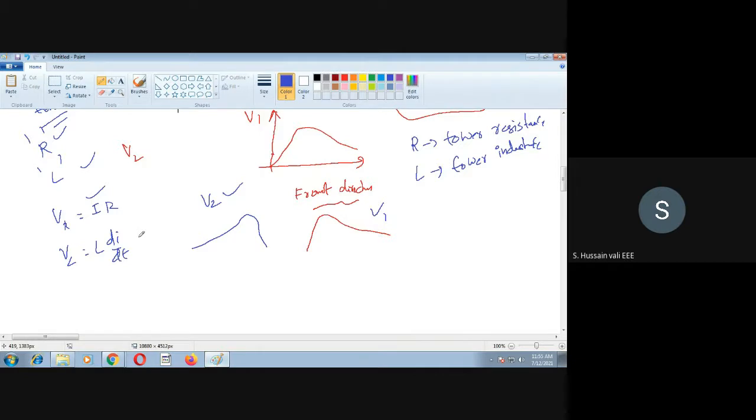Now we need to think of the insulation of the system. Why we need to think of the insulation of the system is that this may damage the tower. So definitely, when you design the towers, you must keep these points in your mind: whenever lightning occurs, what is the amount of voltage it will create.